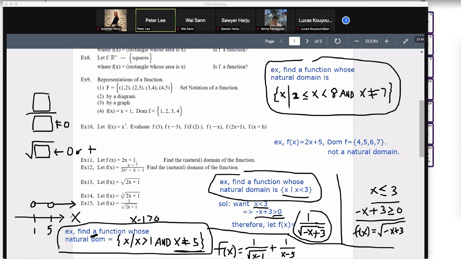So again, my style is to use very simple ingredients to cook up a spicy problem. So that's my style. I don't like to use complicated, expensive ingredients. I use very simple ingredients, but I like to cook up interesting and spicy problems. Okay, that's my style. So here, if I give you a problem like this on domain, natural domain, I'll only